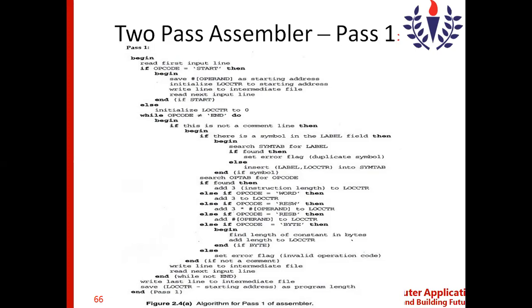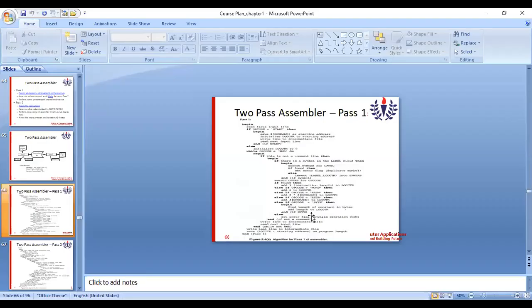So in pass one, what the assembler does is create the intermediate file, and it creates the symbol table, which is the most important thing, which will actually be used in pass 2 also. For pass 2, the intermediate file is the input. As you know, the assembler is basically for converting the source program into the object program, so the object code needs to be created.